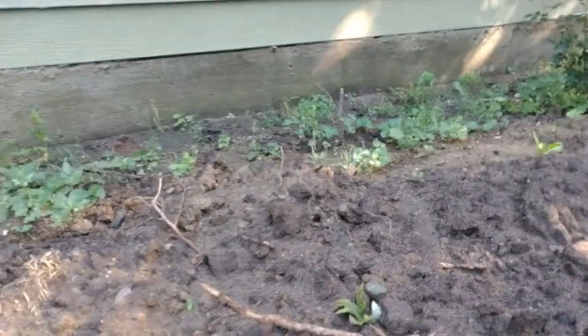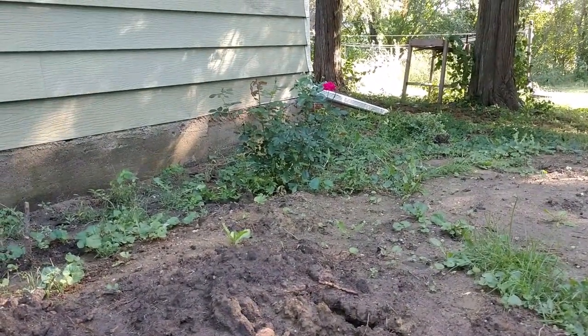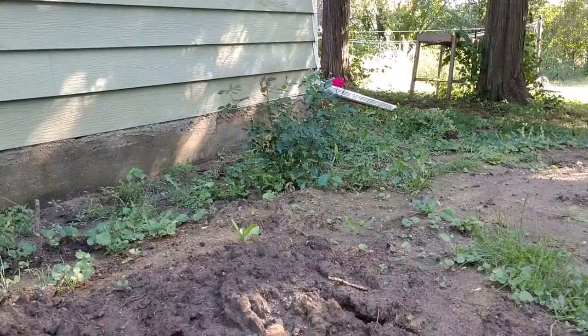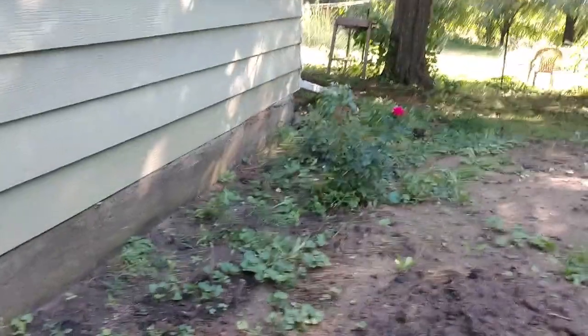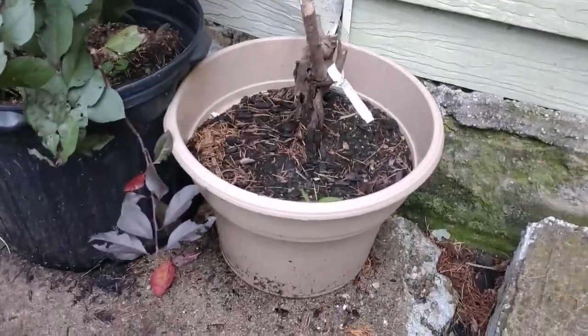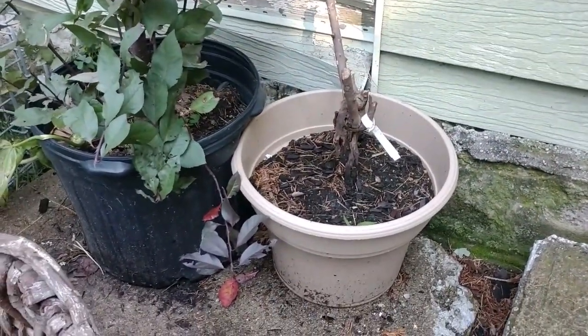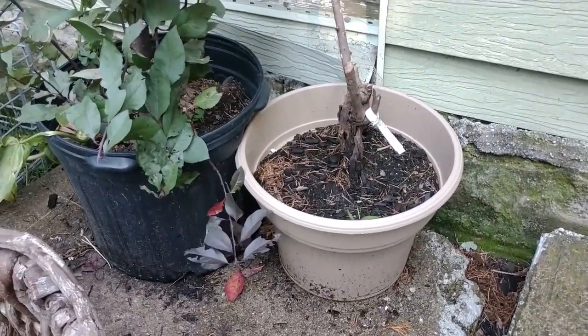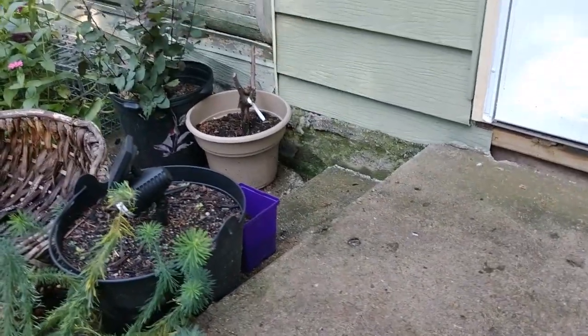However, my poor roses did not appreciate it. Now, those 3 that are on the end, actually, there's a yellow one and 2 pink ones. One of them is a bright pink and one of them is just a little bit lighter pink. They did okay, but I had to dig one up from here, and I will show you. I put it in the pot, but I'm not so sure that's gonna go very well. I'm hoping that then in the spring I can get that transplanted again and that it'll grow,